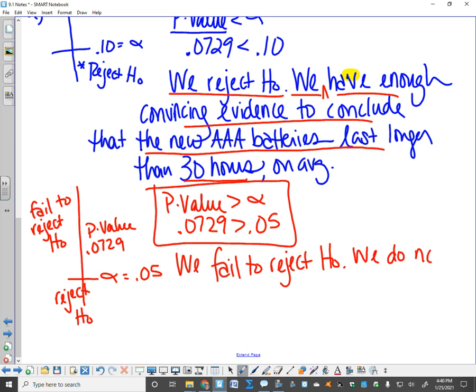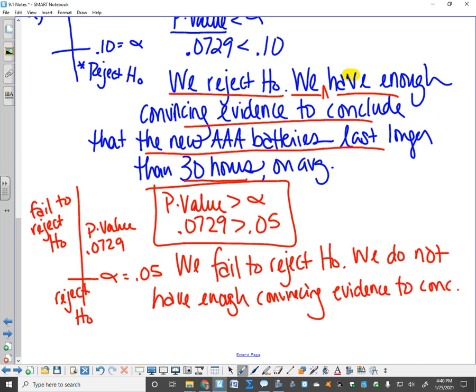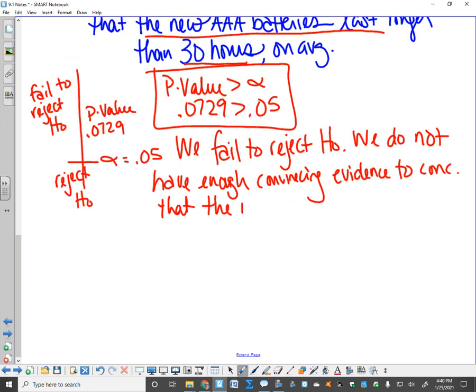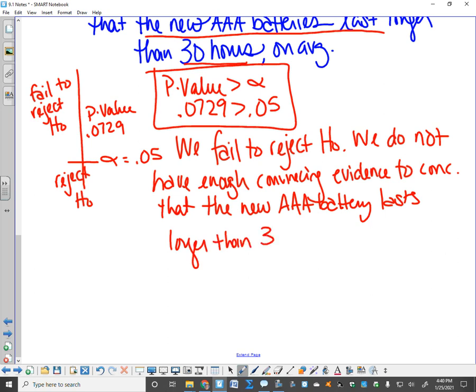We do not have enough convincing evidence to conclude that the new AAA battery lasts longer than 30 hours